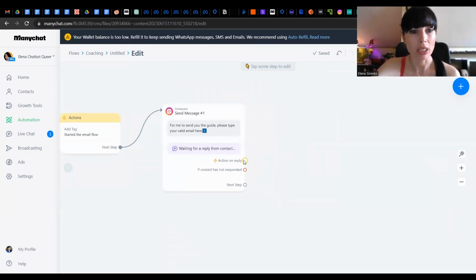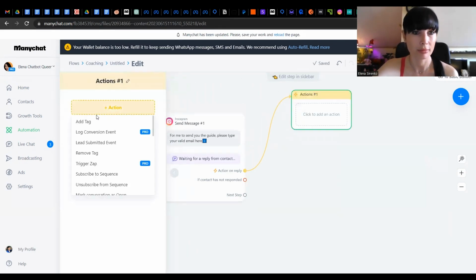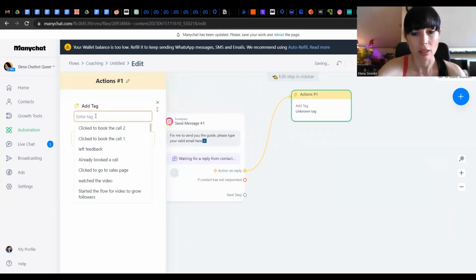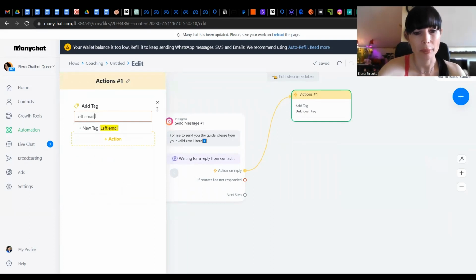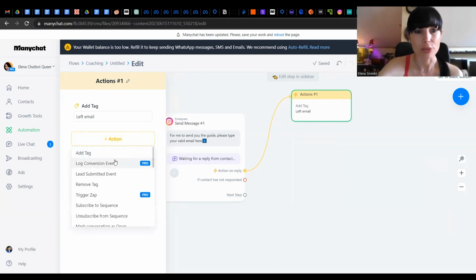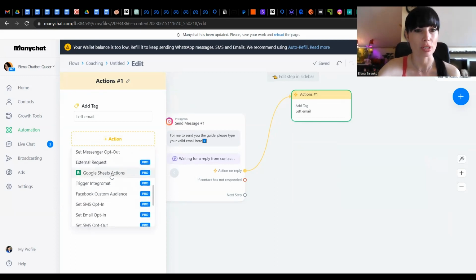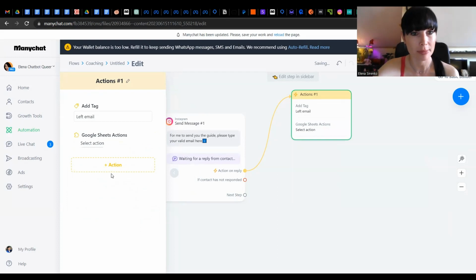What we are doing now? Now, after the person types the email, we need to do the next action on reply. First, we will need to add the tag, left email. Next, we choose another action, and with the help of this action, click next action, and we need to find Google Sheet actions. This one, click it,